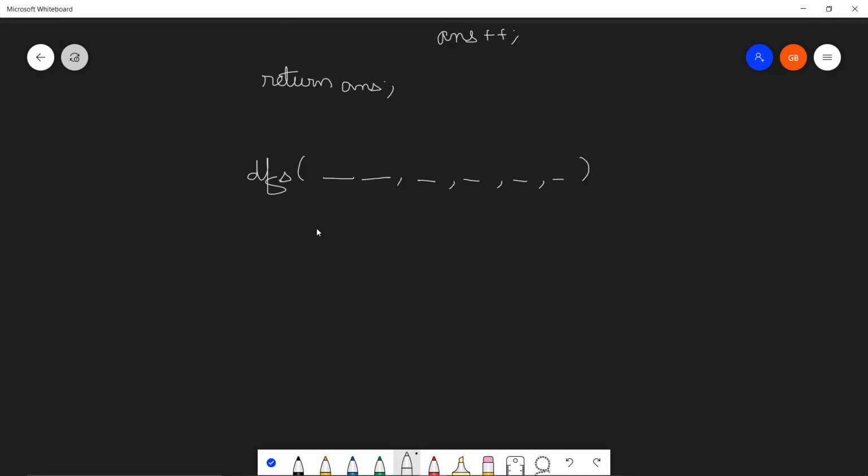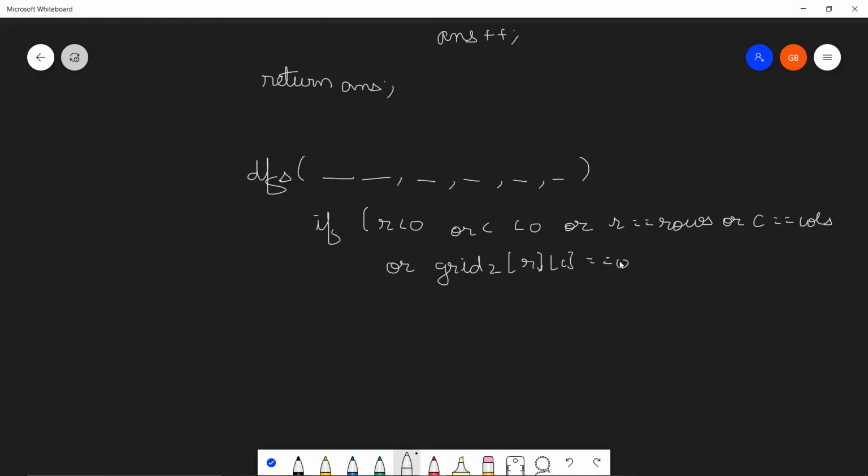So let's discuss the base case. First thing always when we're doing these kind of questions, we need to check if we are out of bounds. So if R is less than 0, or C is less than 0, or R is equal to rows, or C is equal to cols, right? This is something standard. Now we're going to check, sorry, this will be or grid 2's R and C actually turns out to be water.